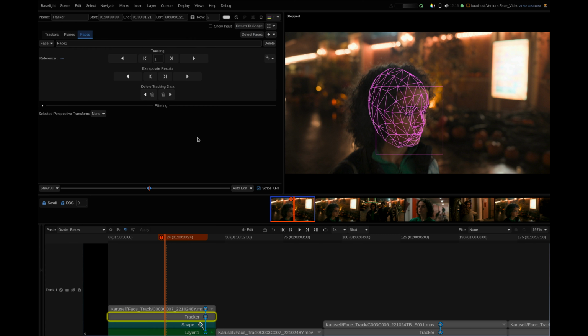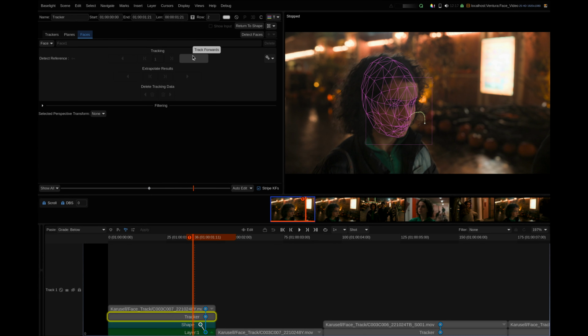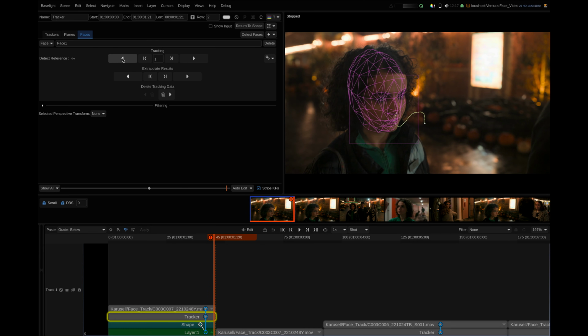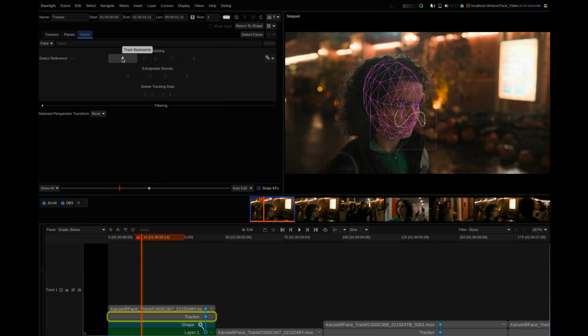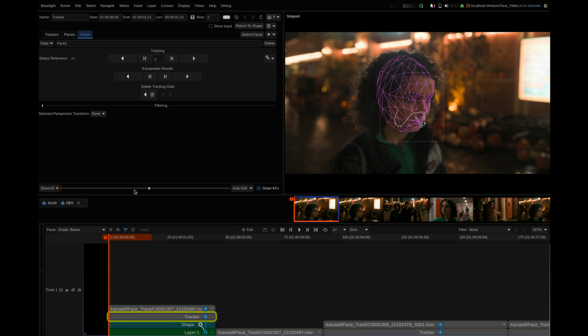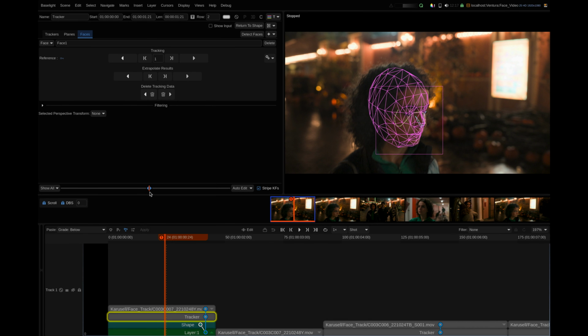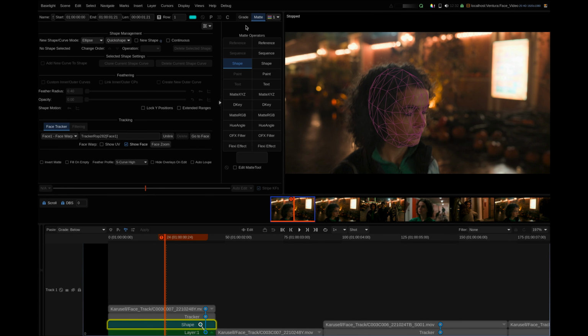I'm going to go to the face tracker. You'll see we have a new tab called Faces, and I'm then going to track forward and track backwards. You will note that we have a keyframe here, and the keyframe indicates where the face detection was done. I'm going to return to my shape operator, and I'm going to apply a quick shape to my mesh,